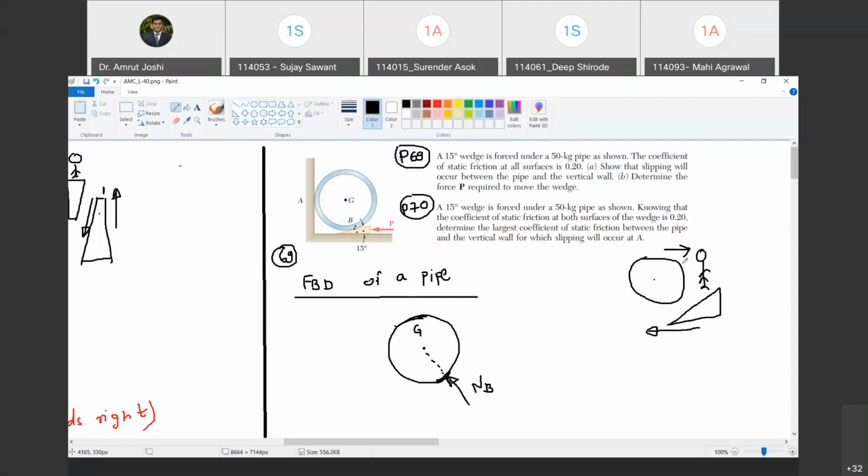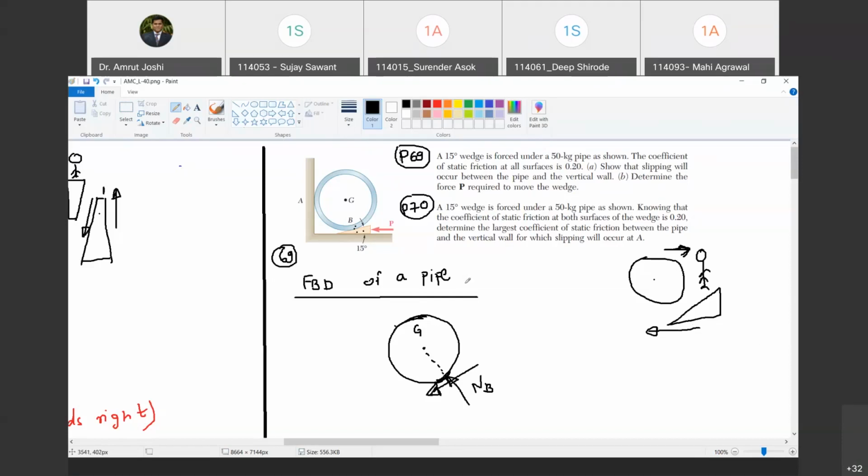So what is the direction of frictional force applied by the wedge on the pipe? Opposite to this direction, and that is this way. Are you with me? Yes, sir. Be very careful while assigning the directions. I have stationed the observer on the wedge because I am interested in the force offered by the wedge on the pipe. With reference to the wedge, the pipe is coming towards the wedge. So therefore, the wedge must be applying frictional force away from it. So therefore, its direction will be this. Are you with me? Yes, sir.